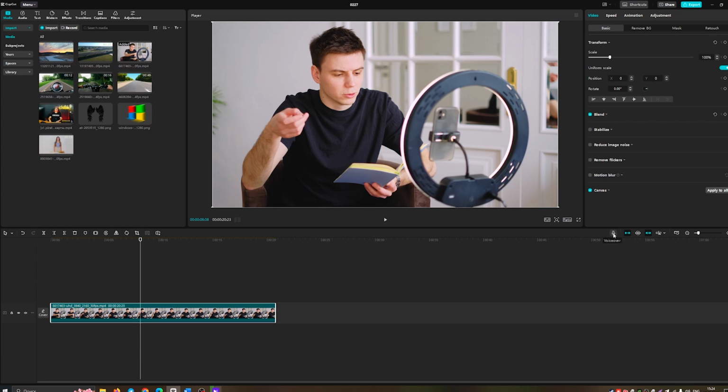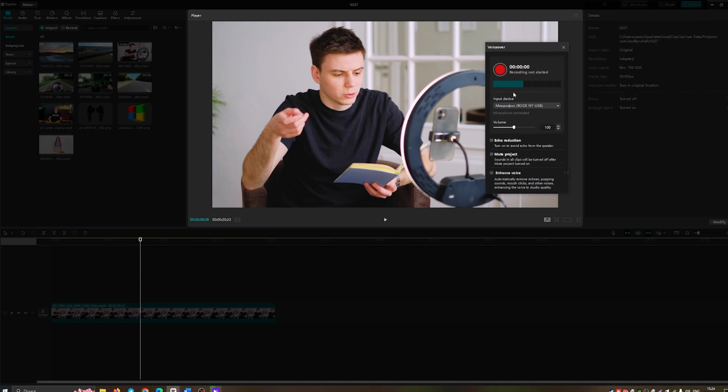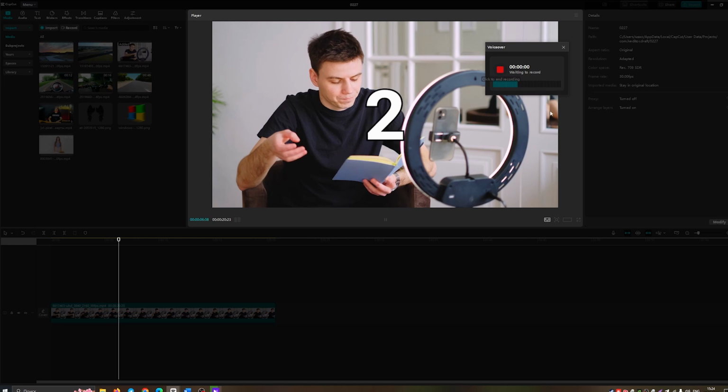Now, to add a voiceover, click on the microphone icon in the toolbar. A new window will pop up where you can select the input device and adjust the voice volume. You can also enable echo reduction and mute project background voice. When you're ready, click the red button to start recording your voiceover. Click again to stop. The voiceover will automatically appear on the track, and you can adjust its position by dragging